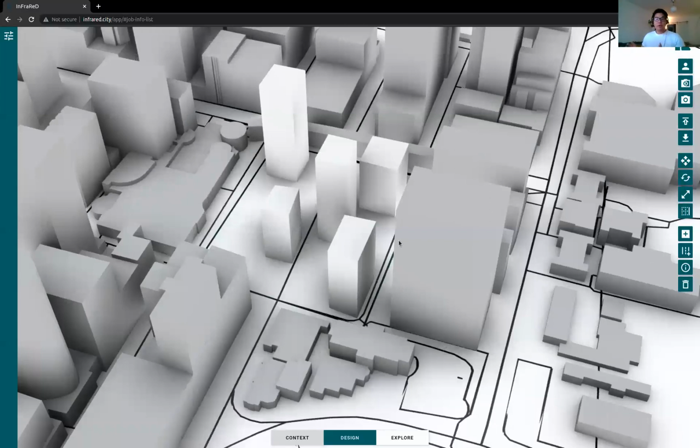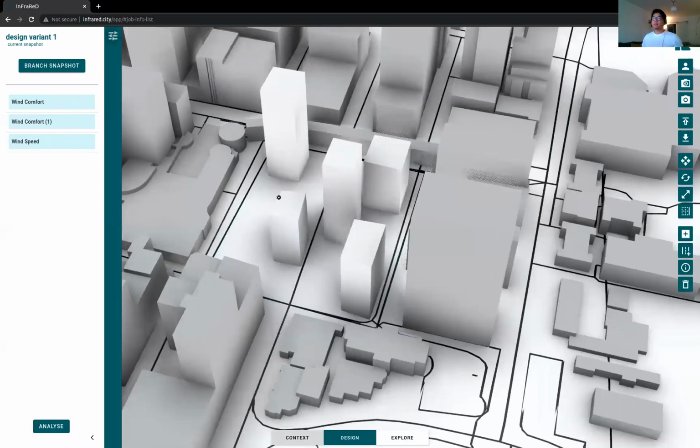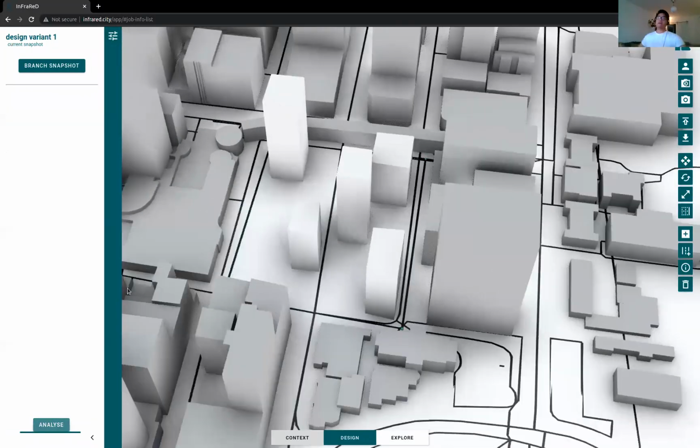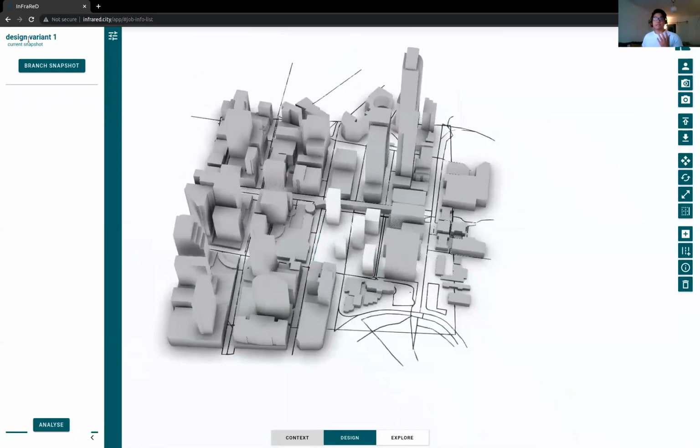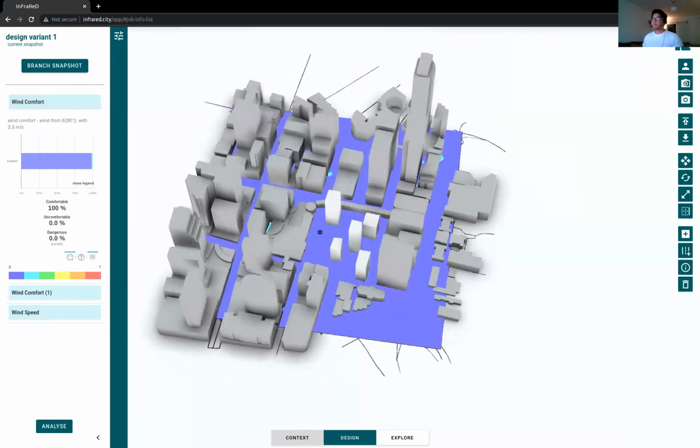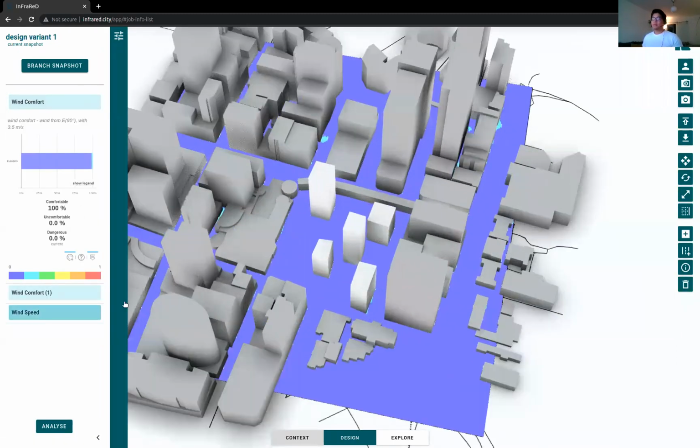And as a note, because each interaction is sent to the server upon interacting, all of this is saved. You can leave the website right now, and you can rest assured that this snapshot will contain those latter 2 buildings that were just added. So let's see how it performs now. You can click Analyze. You'll see that on the top left, it says which snapshot you're in, design variant 1. And now you can see the results coming back,